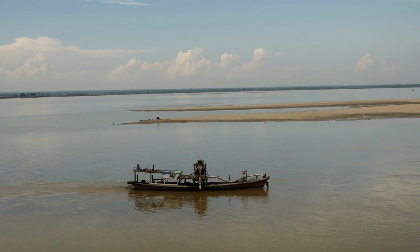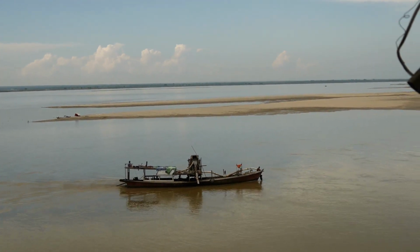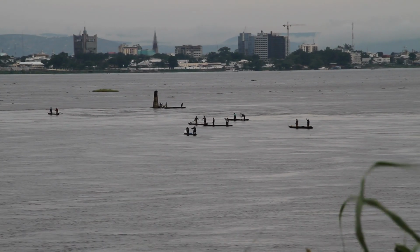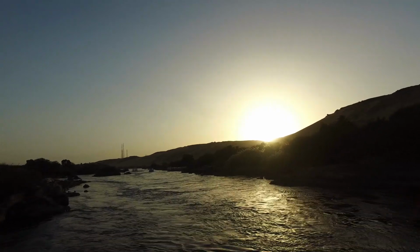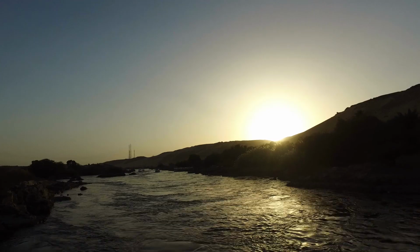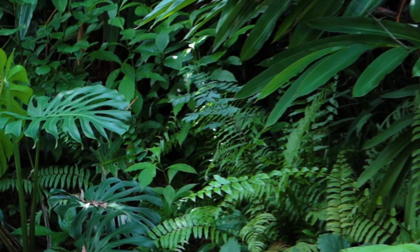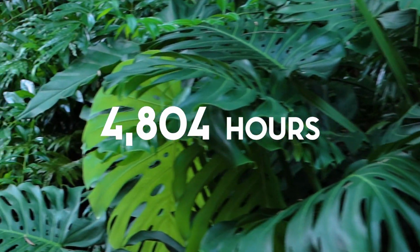Looking at the Disneyland version first, we've got the Irrawaddy River at 1,350 miles long, the Mekong River at 2,700 miles, the Congo River at 2,900 miles, and last but definitely not least, the Nile River at a whopping 4,100 miles long. That's a total of just over 11,000 miles or 17,783 kilometers. At a steady non-stop 2.3 miles per hour, that journey would take 4,804 hours, or 200 days, or